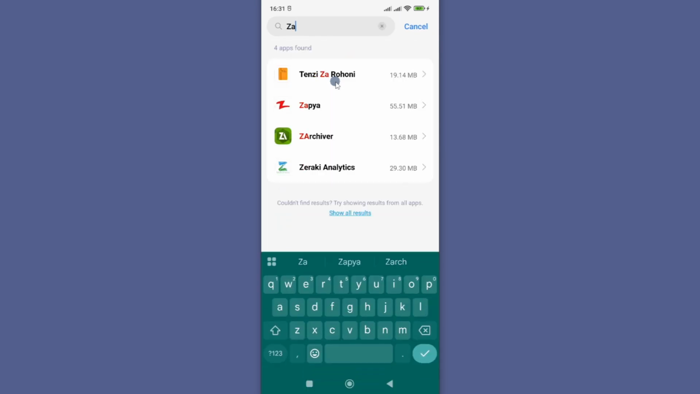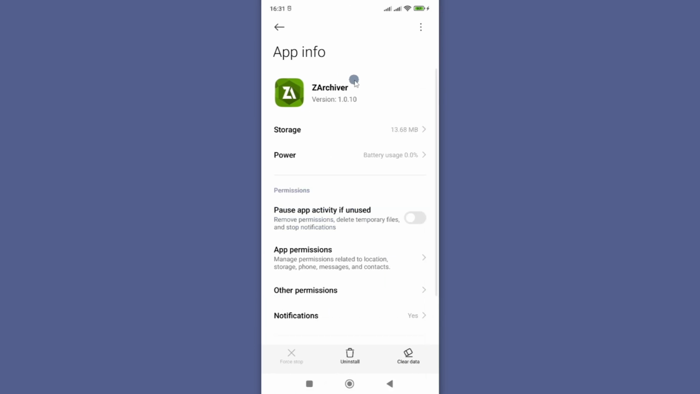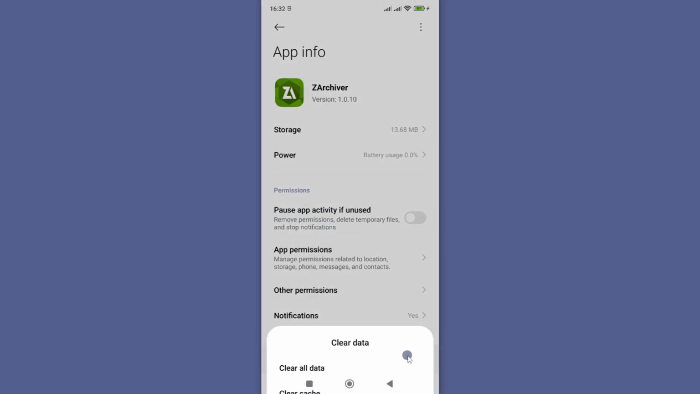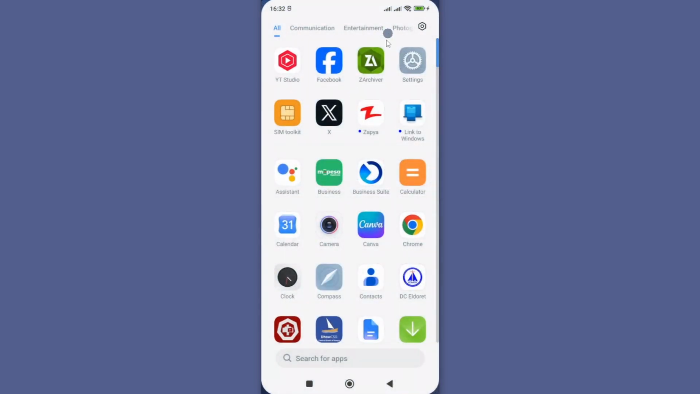From the list, just search for your app, ZArchiver by name, tap on it to open, and from here, go to force stop app and OK. Then go to clear data and clear cache, OK. Finally, clear all data. Now restart your smartphone, and before you open it, make sure if you are using any